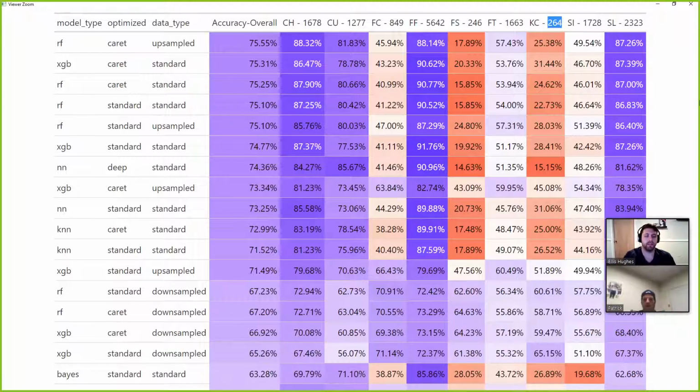Right, that's right. But it's also interesting to see that even within XGBoost caret upsampled, it starts getting pretty solid across them, but it then starts losing accuracy on four-seam fastball. So there's always a bit of a trade-off. You don't get free cake. And this might be an argument for